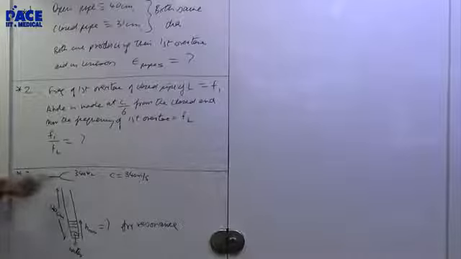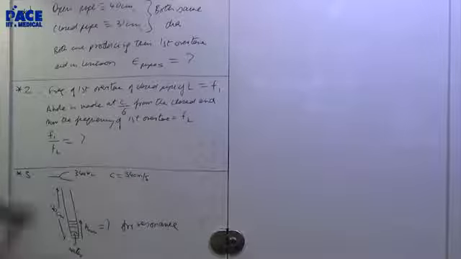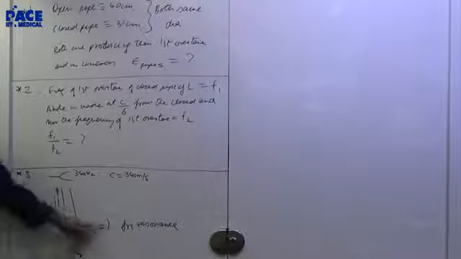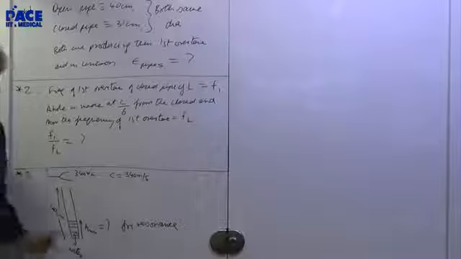The third question: there is a tuning fork of 340 Hz. The speed of sound is 340 meters per second. There is a closed tube whose length is 120 centimeter, and you pour water into it. What will be the minimum height of the water for resonance between the tuning fork and the pipe?